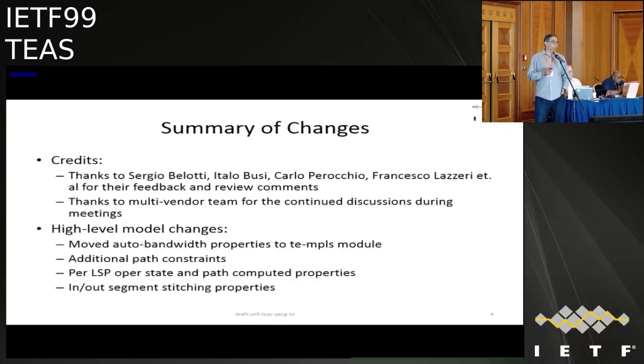There are auto bandwidth properties, which moved to the TE MPLS module. We have added additional path constraints like tiebreaker and optimization criteria. There is an LSP operational state defined, and a state model for the computed path properties added, and also the in and out segment stitching added. Many thanks to Sergio, Italo, Carlo, Francisco for their review, feedback, and attending meetings and discussing